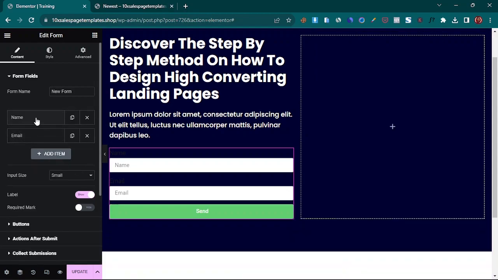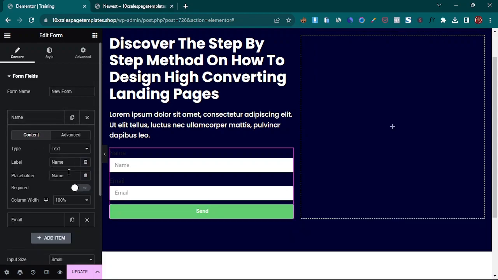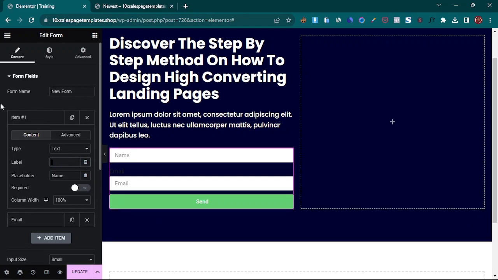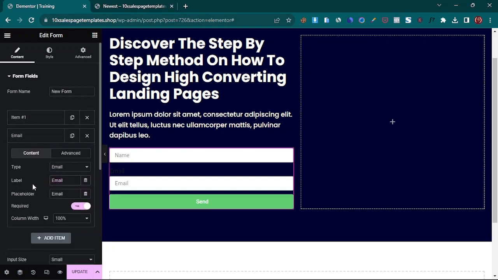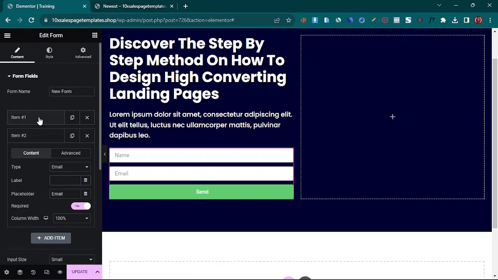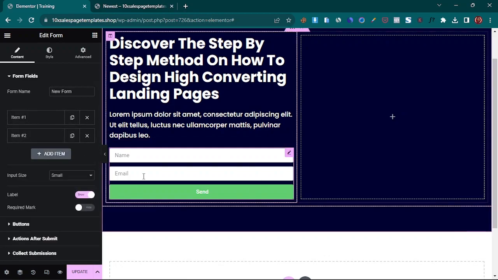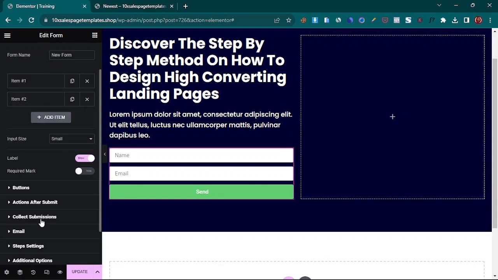We don't want this first. Then I'll go to name. We don't want this label. We don't want the label, so I delete it entirely. And then for this other one, we don't want the label to show. Just delete it. Yeah, so that is it. That is all we want for this for now. So we'll just scroll down, go